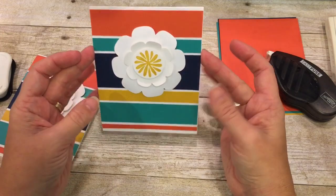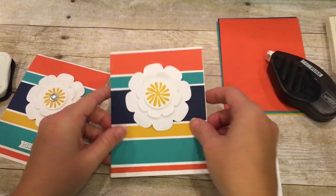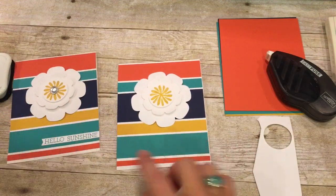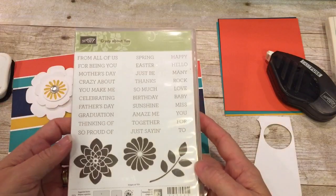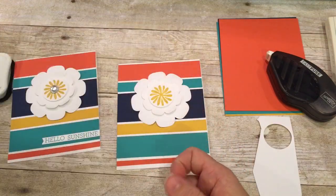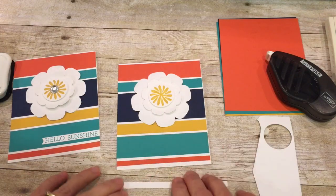So look at that. Can you see the shimmer? Let's see. Oh, pretty shimmer. Okay, so to finish this off, it needs a fun greeting. So I took and put together Hello Sunshine. This is from the Crazy About You stamp set. This was in last year's Occasions catalog. Love that set. And to stamp this, I'm going to take just a little strip that I have,